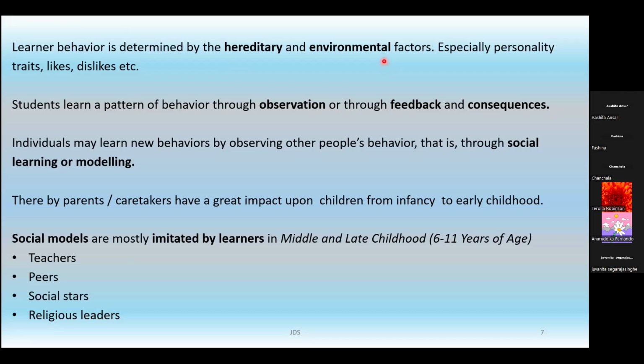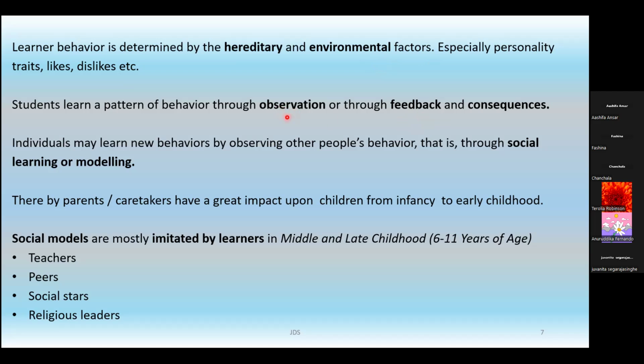Certain qualities cannot be changed. It's very hard to make a person learn certain habits. Why? Since it is hereditary. Certain things change when people change their environment, they change their behavior too. Maybe the way they dress, or maybe their religious beliefs. Right? So religious beliefs can come under both. Thereby, certain traits are hereditary and certain traits are environmental. That is one characteristic. Then the second one is